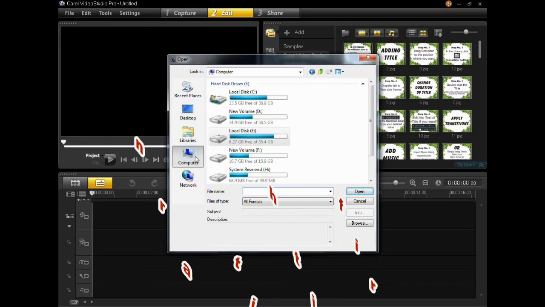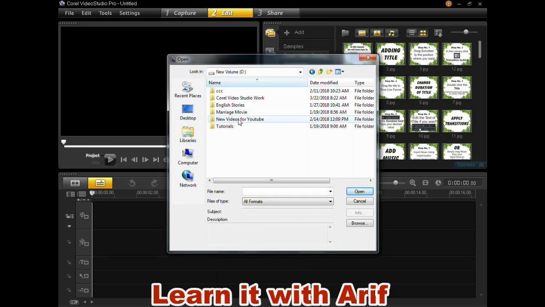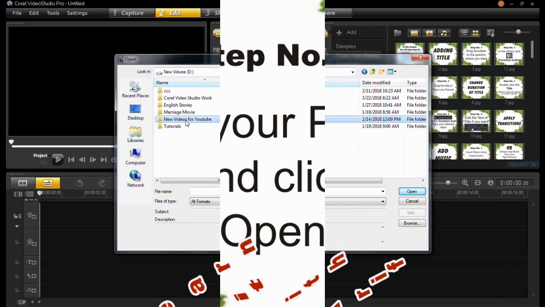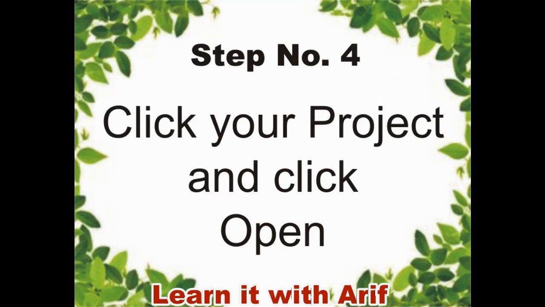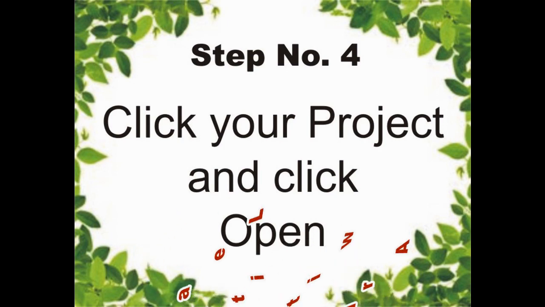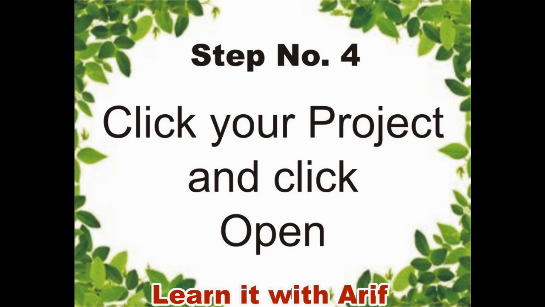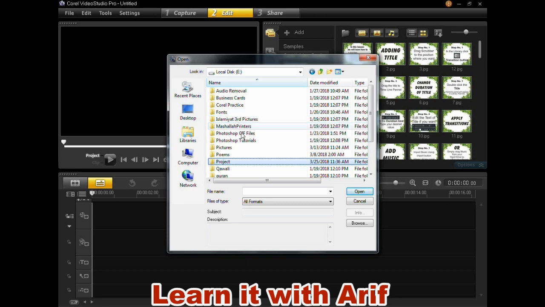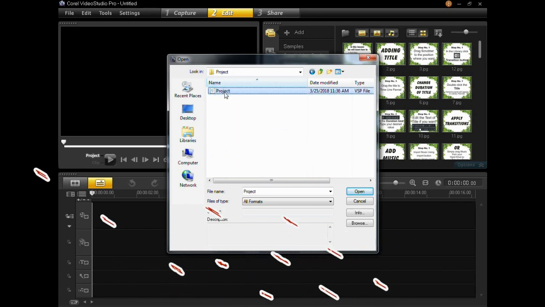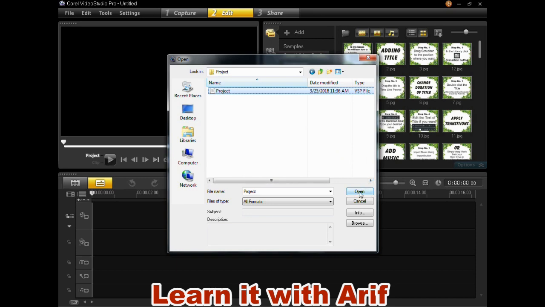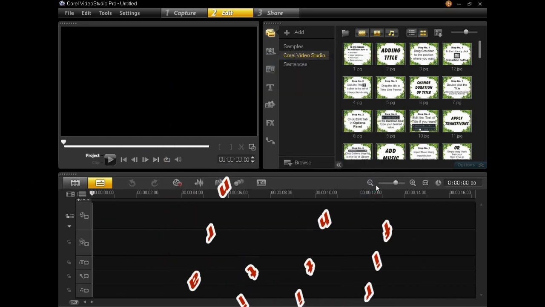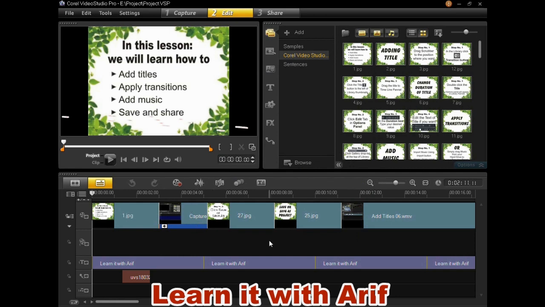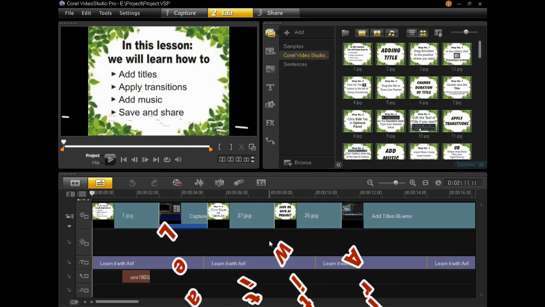Go to the drive where you have saved your project. Click your project and click open. You can see your project is open. Now work in your project.